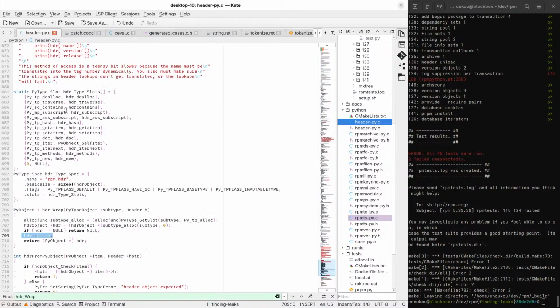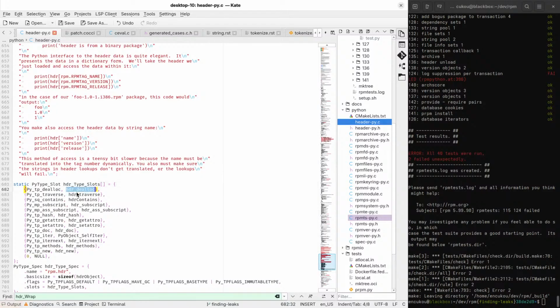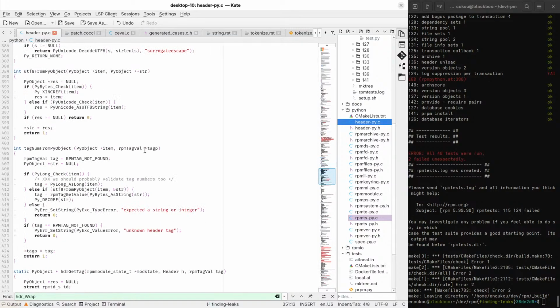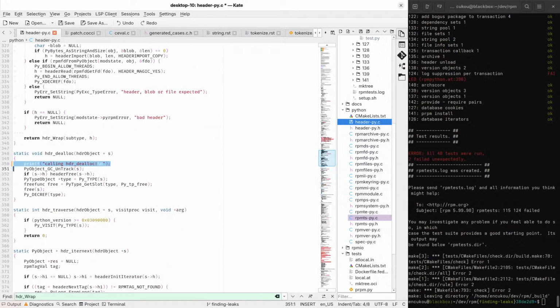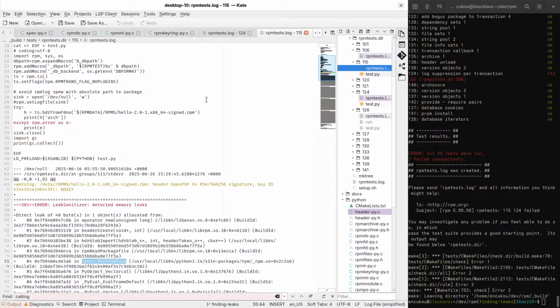And in the dialog we call header free if there is a header, which looks good. Except this function is not being called. What's keeping the header object alive?